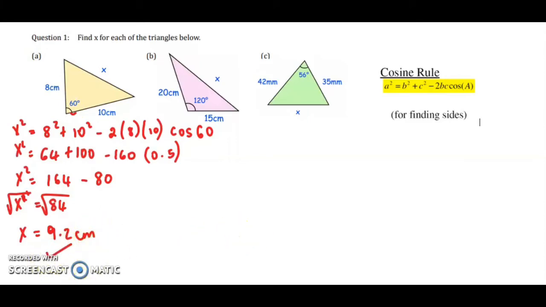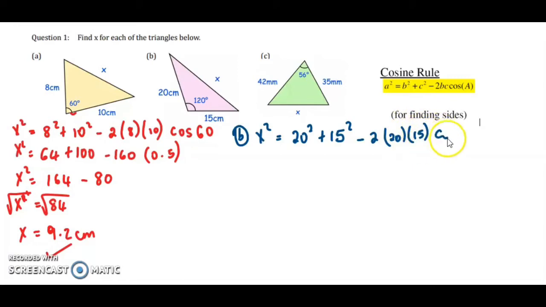And that is your answer for A. We're going to move over to B. If we're going to substitute information into the formula for B, we're going to have x squared, because we're solving for x, is equal to 20 squared plus 15 squared minus, we put our number 2, and we're going to put 20 times 15, and we're going to have cos,